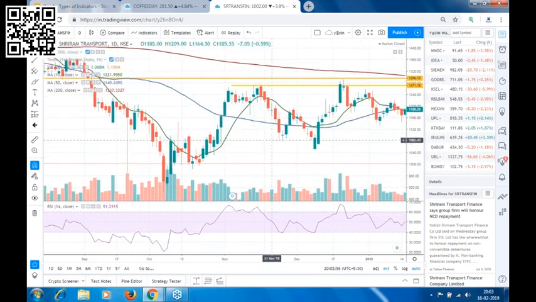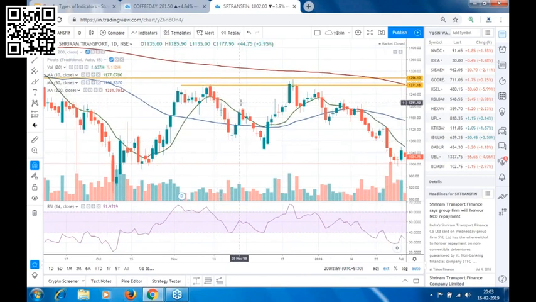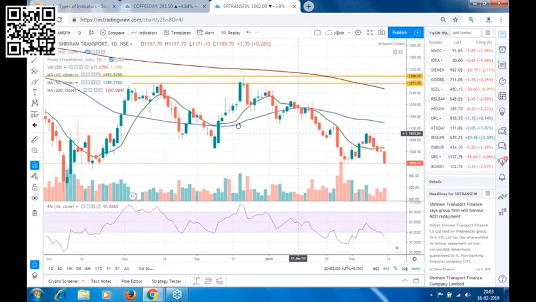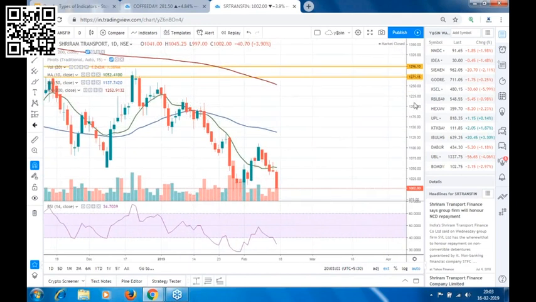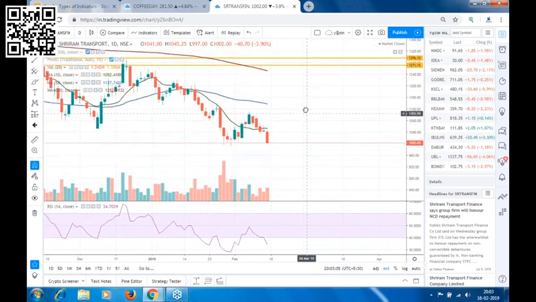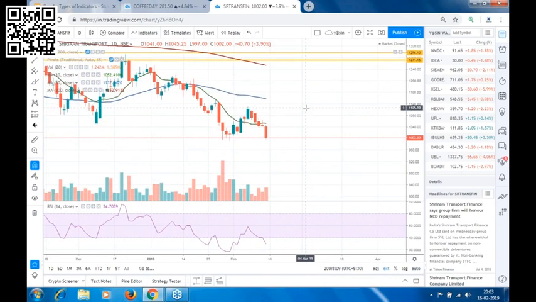So these are the four kinds of trading opportunities that we need to look into the market. One is your trade from bottom when the stock is giving a reversal sign. Then second is your trade from support if the stock is taking a support on 50 period moving average or 200 period moving average. And one is your trade from top, in which we look for a shorting opportunity when we see any reversal candle from top, or when price moves below the 10 period moving average and leaves the 10 period moving average, that is the time we can look for a shorting opportunity.